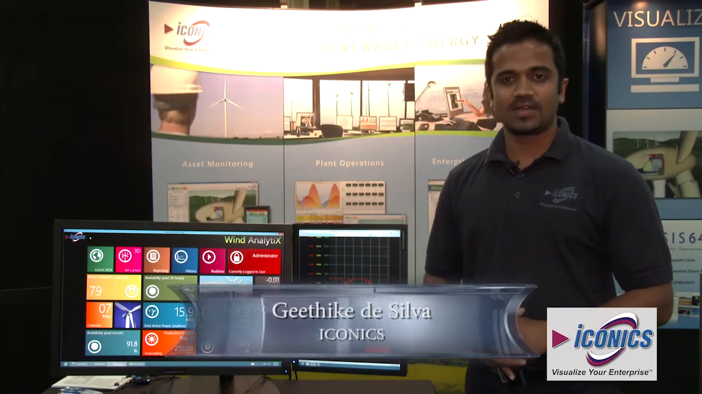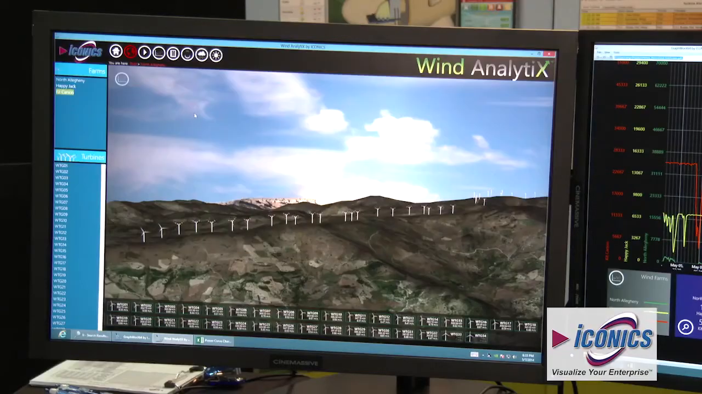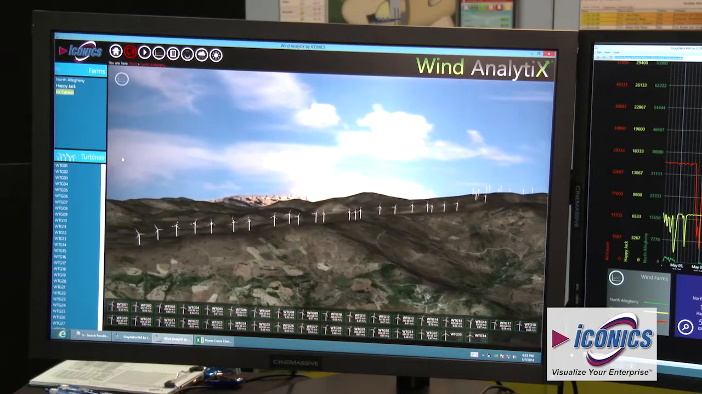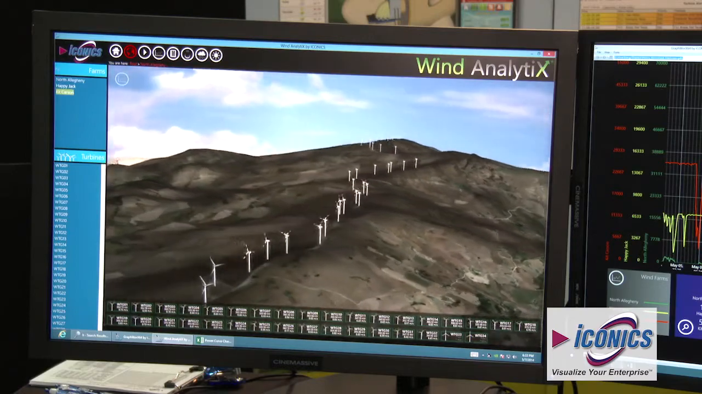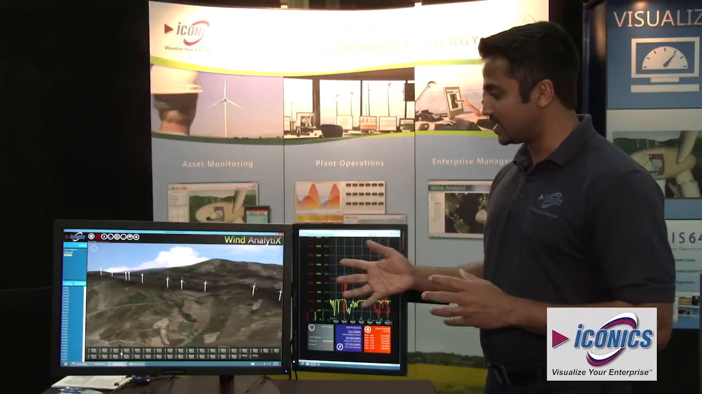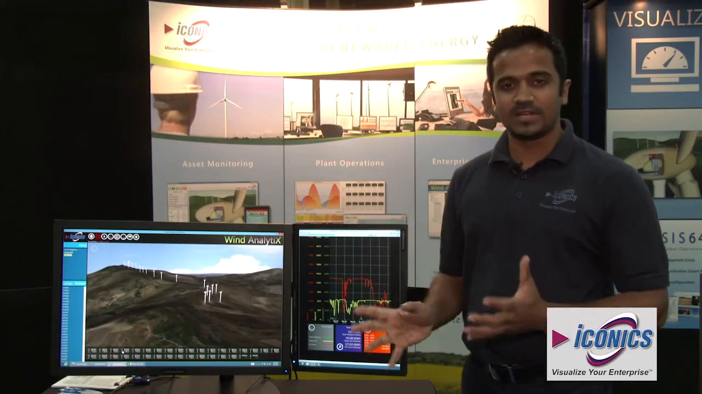Now we're going to take a look at the type of data that operators will be looking for in a wind analytics application. So the first screen that we're looking at right now is a 3D terrain directly imported from a Google, Esri, or a Bing map. And that's imported as a 3D model into our product, and then you can do different types of 3D navigation